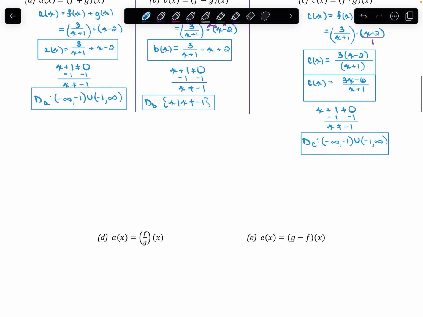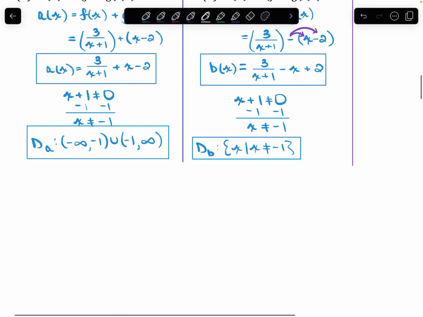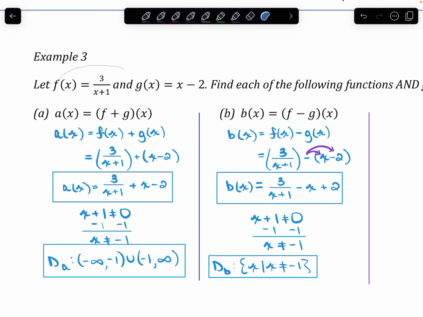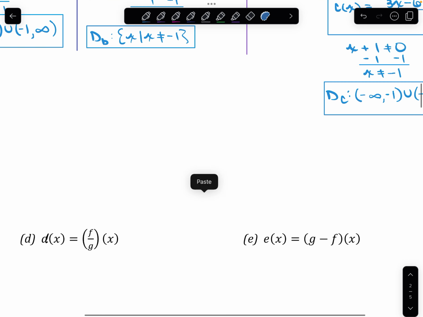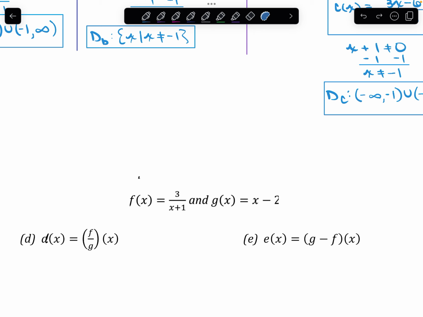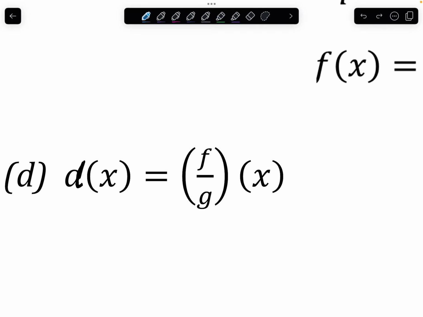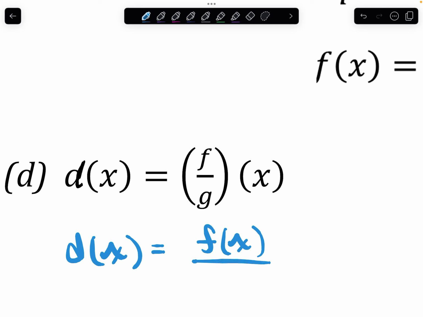All right, for the next two, we are still working with our same functions, but I do want to change this. I had a little typo there. I want to stick with the theme. That should be D. So we're going to call it D. Let me go copy my functions down just so we don't have to hunt for them. I'll stick them right there so we don't scroll so far to see them. All right, D of x is f over g of x. So D of x is going to be f of x divided by